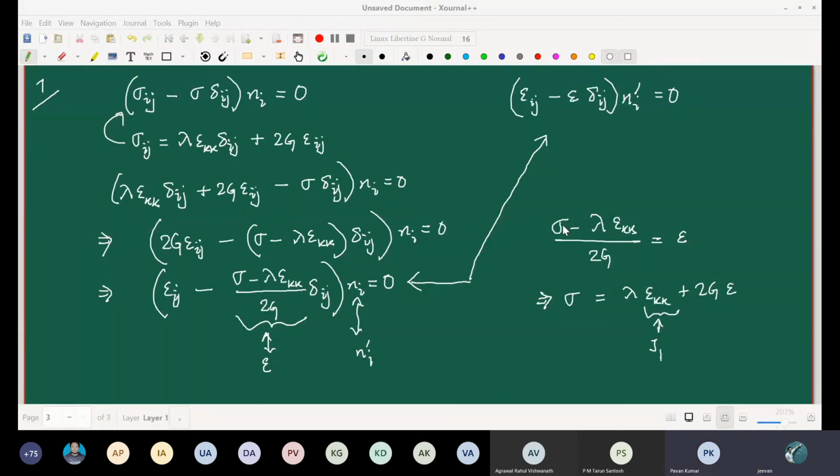Now, if we have this kind of a relation, then Pawan, can you please follow through with your logic? Yes, sir. So in this question, as epsilon kk is equal to 0, and as p is a constant, then k should tend to infinity. That means 1 by k should tend to 0. Yes, that implies nu tends to half. Right, right.